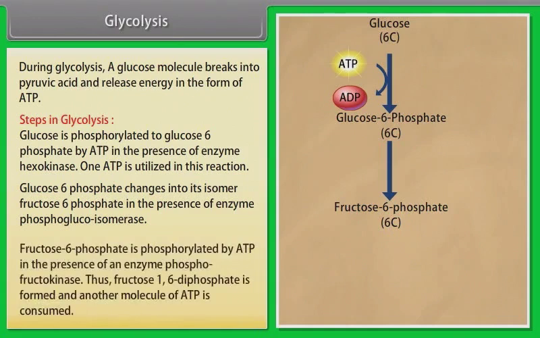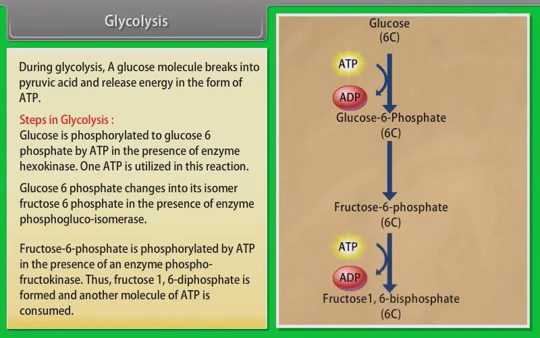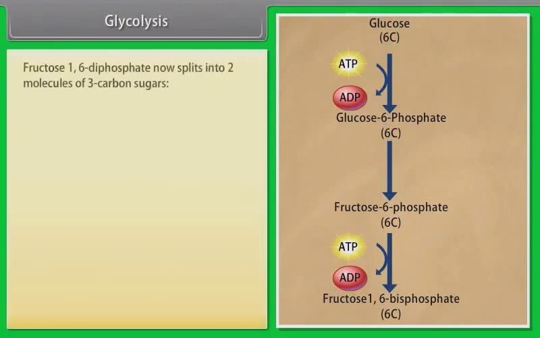phosphoglucoisomerase. Fructose 6-phosphate is phosphorylated by ATP in the presence of an enzyme phosphofructokinase. Thus, fructose 1,6-diphosphate is formed and another molecule of ATP is consumed. Fructose